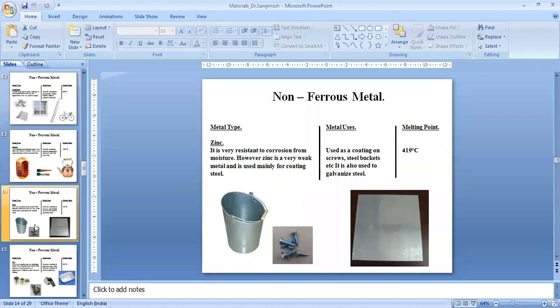Of course, any non-ferrous material is going to be lower in strength, in terms of hardness and mechanical properties. But because of its favorable properties, we use it for different applications. That is the reason we don't prefer it for construction of buildings, because it is lower strength. So it is used for coating. We have seen that nuts, bolts, and small mechanical components are coated.